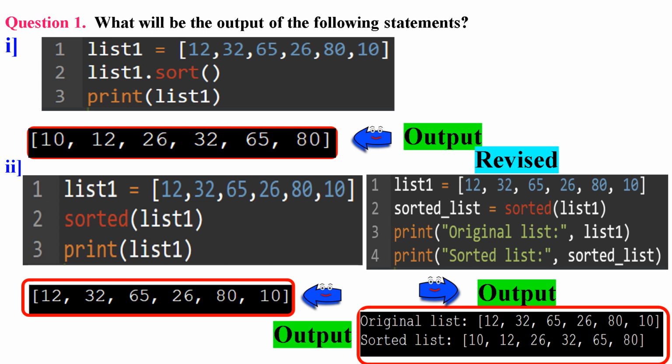Line 3. print(list1). This line prints the original list1, not the sorted version. So the output will be the list containing the values 12, 32, 65, 26, 80, 10. If you want to print the original list after sorting, you can see the revised Python code on the right